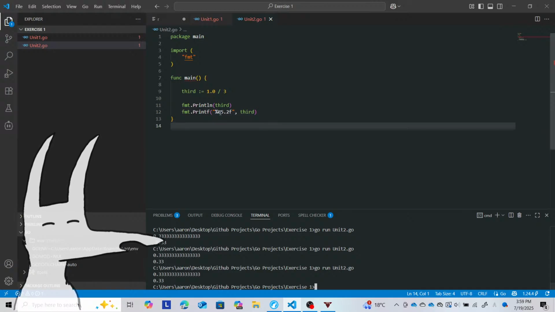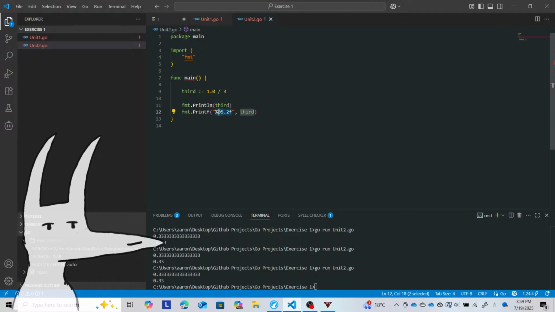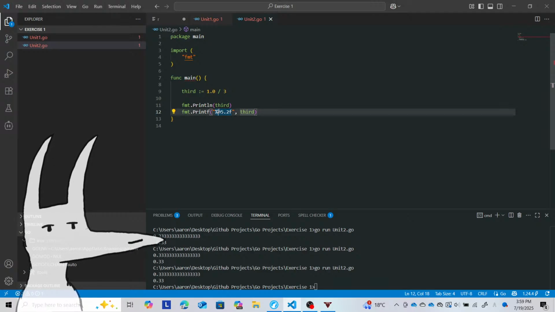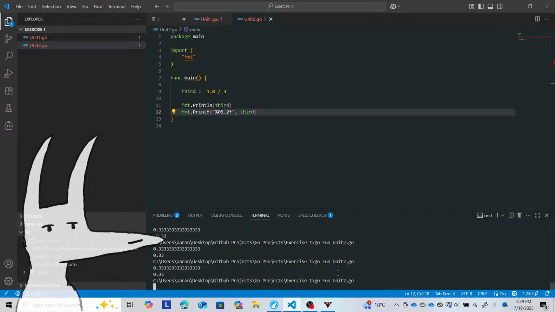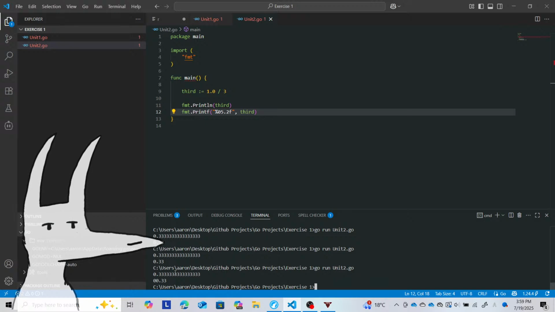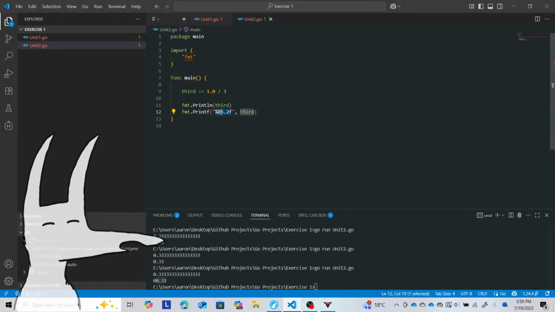Right, so this basically means I want a minimum of 5 characters, and I want any extra character to be represented by a 0 on the left. So when we do this, basically it'll try to print 0.33, and that takes up 4 characters. And so this guy over here says, nope, you need 1 more, and it has to be a 0 on the left if you are going to need an extra one, which you do need because 0.33 is 4 characters. So you add 1 more to reach the minimum requirement, and then you get